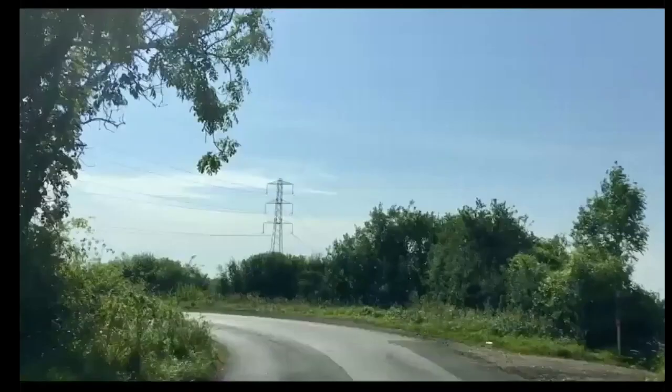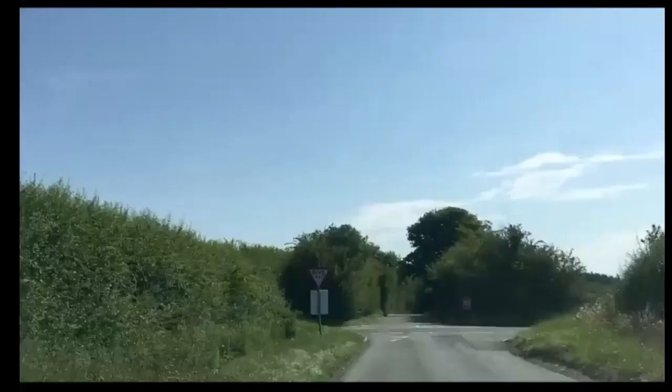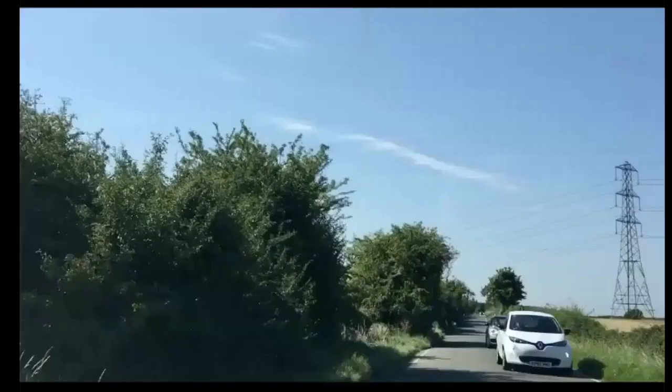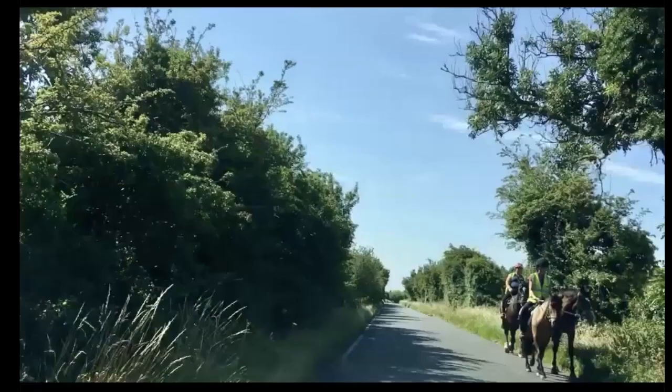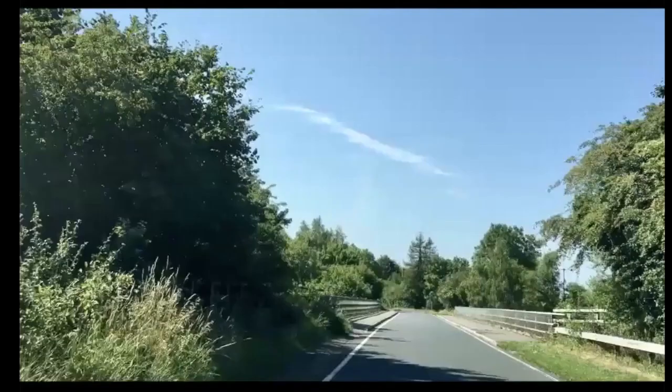And then after about half a mile or so, you come to this junction with the White Way heading off to the left towards Chedworth. But we're going to be turning right, and again a bit more traffic than expected on this particular day. Heading towards the pylons down the side of the road, passing a rather interesting water tower. The day that I last was here, there was some horses being exercised, until coming to the bridge over the